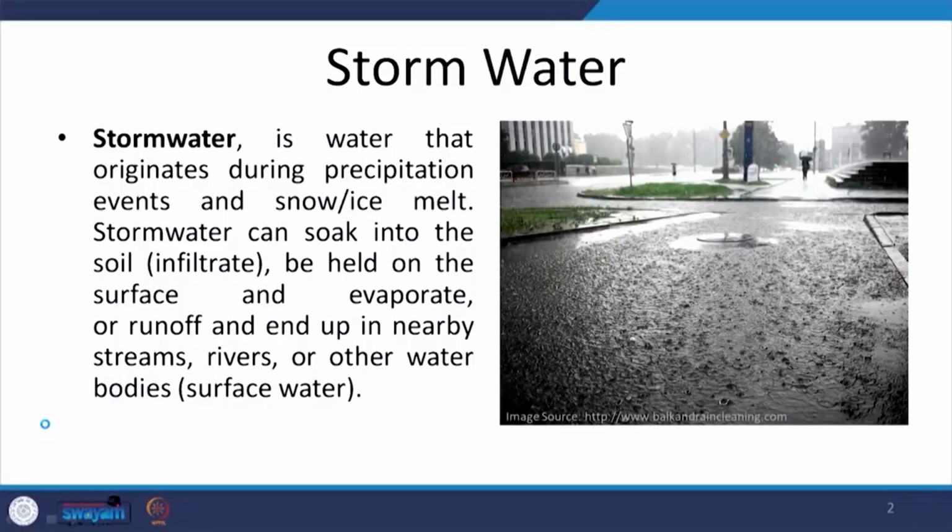And in today's lecture, we will be talking about the management of storm water and reducing the runoff from the developed sites. So, to start with, what is storm water? Storm water is the water that originates during precipitation. Whenever there is rain or snowfall or the ice melts, that is when the storm water comes in,